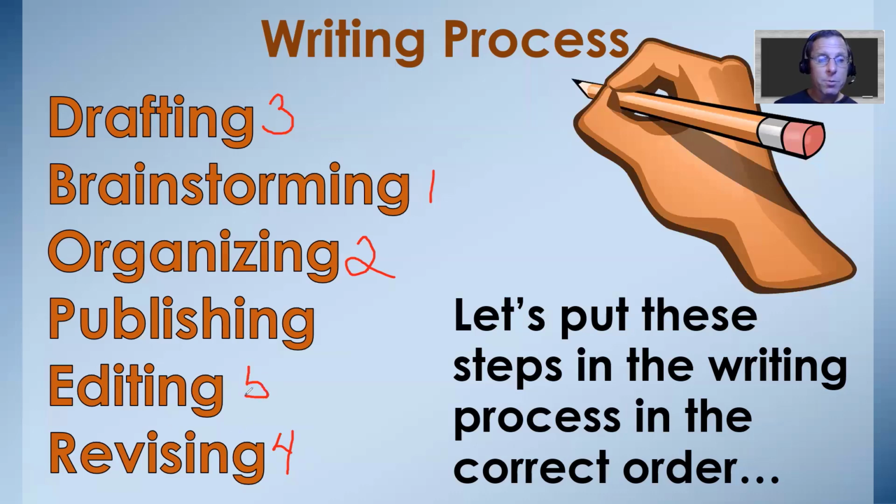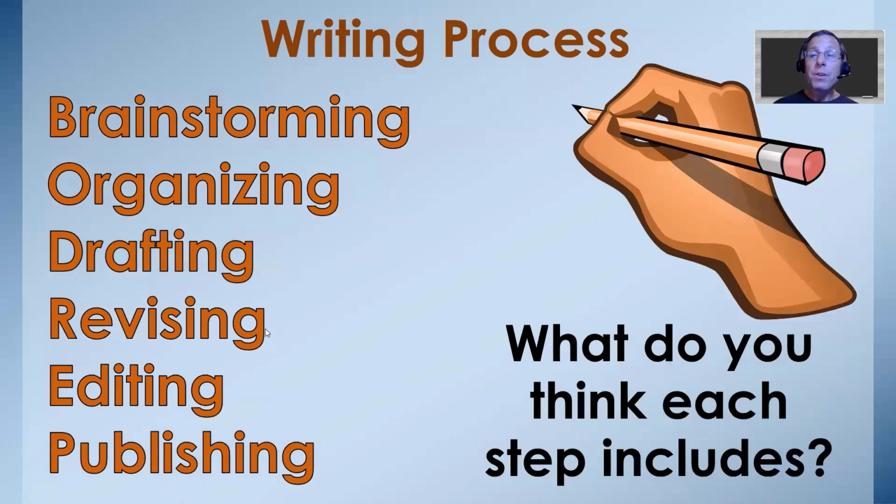And then next, we want to edit our essay. When we edit, we simply go back over our essay and we make sure that all the spelling, grammar, and punctuation is correct. And finally, we want to publish our essay. Remember, when you publish your essay, that doesn't mean that you can never go back to it. You can always go back, right? The writing process really is never ending. Even after you've published, you can always go back and make changes.